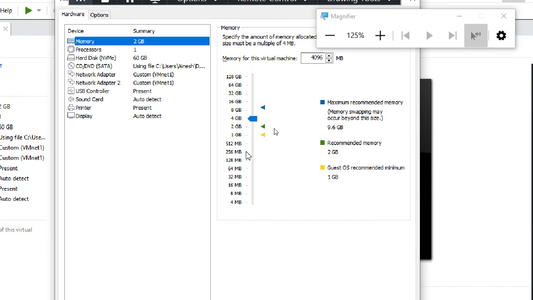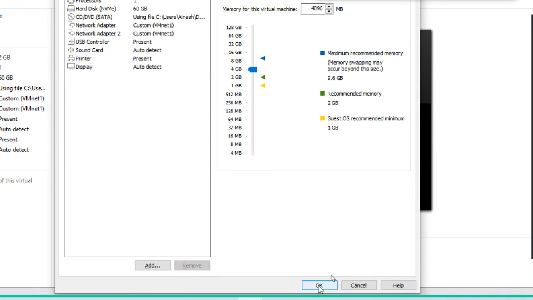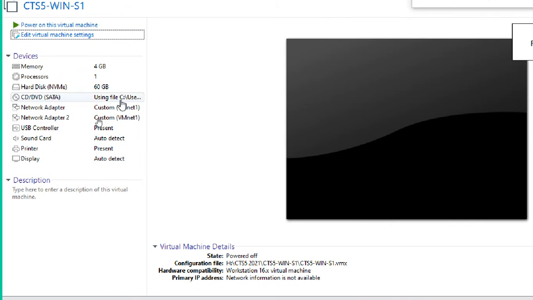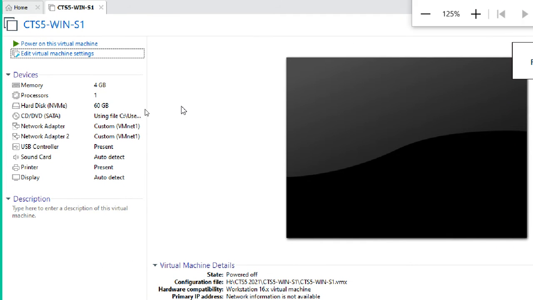I'm going to increase my RAM from 2 GB to 4 GB just for a little bit faster booting purpose. Okay, so I want to add a hard disk now.